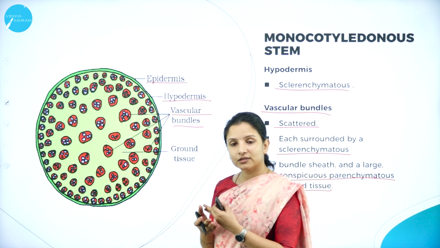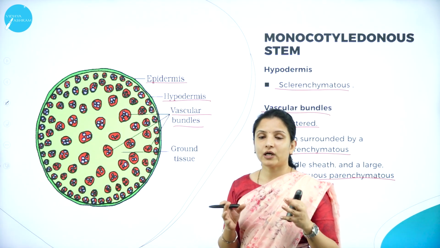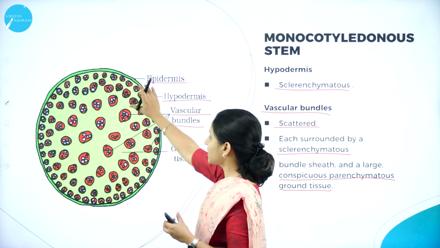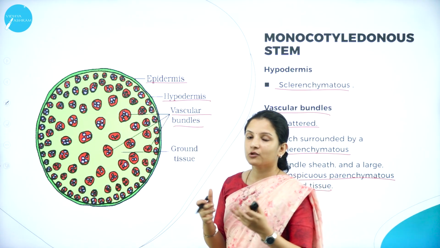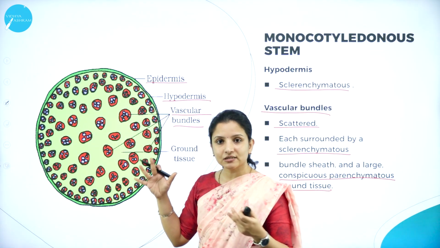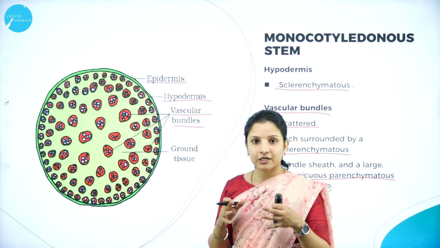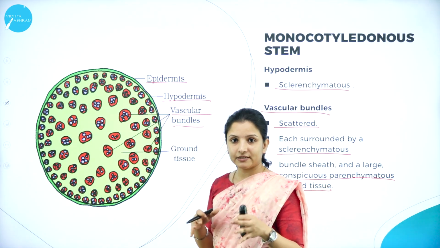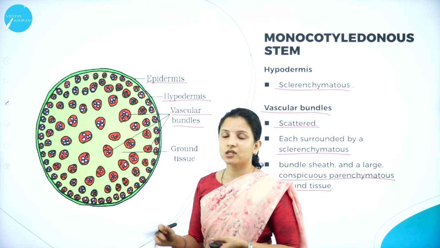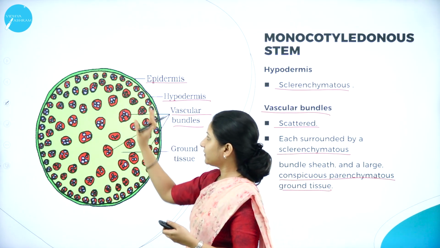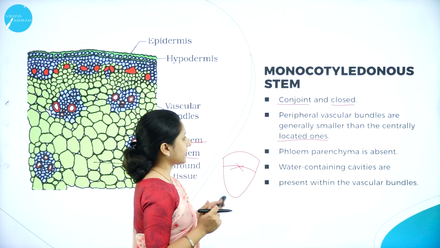So how can you distinguish now a dicot stem from a monocot stem? In dicot stem, the vascular bundles are neatly arranged in a circular manner at the periphery, but in the monocot stem, the vascular bundles are haphazardly scattered, and also they are not of definite shape or size, especially size. Why? Because those at the center are larger, and those at the periphery are smaller in size. So this is one of the distinguishing characteristics.